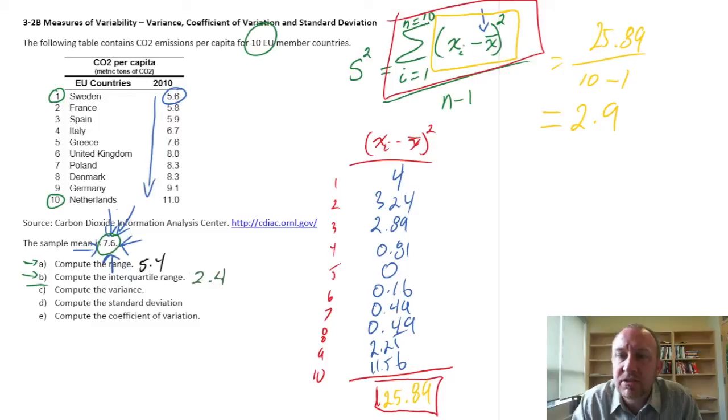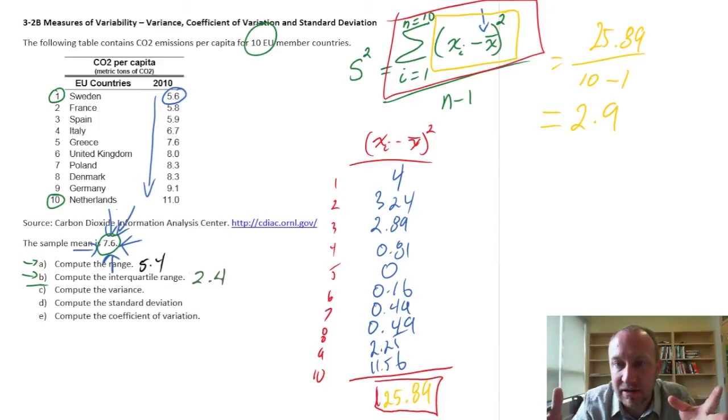This gives us a measure of the variability of the data set, but on its own it can be hard to interpret for a couple of reasons. One, in terms of its magnitude, a larger number means greater amount of variability relative to a smaller number. But still, it's more useful when you can compare it against other measures of variance. So if I had, here I have a sample of per capita emissions for EU countries. If I had another sample from, say, North America or Africa or Asia, and I had a variance for those